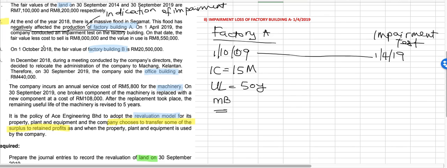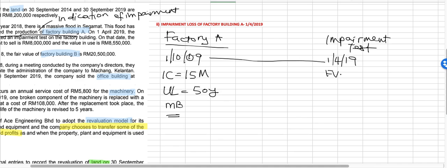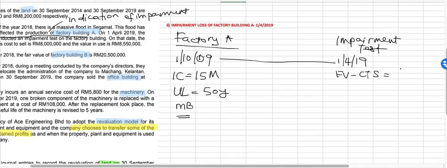On that date, the fair value less cost to sell is 8 million and value in use is 8.55 million. Okay, so remember last time I mentioned when you want to do the impairment test, you have to compare